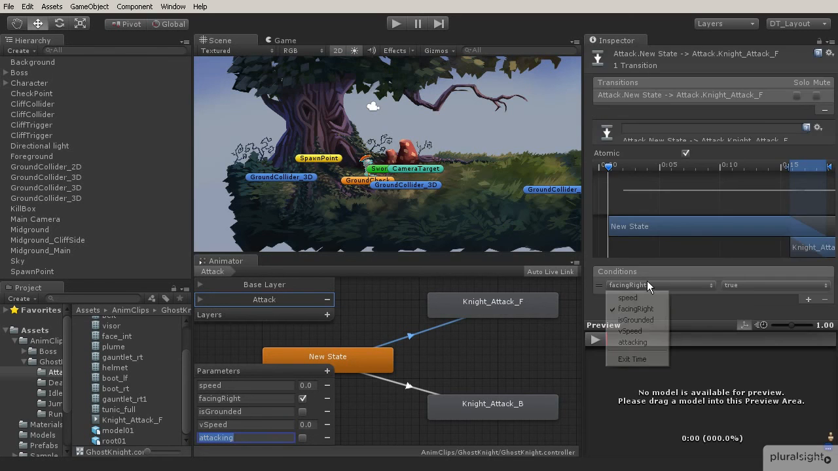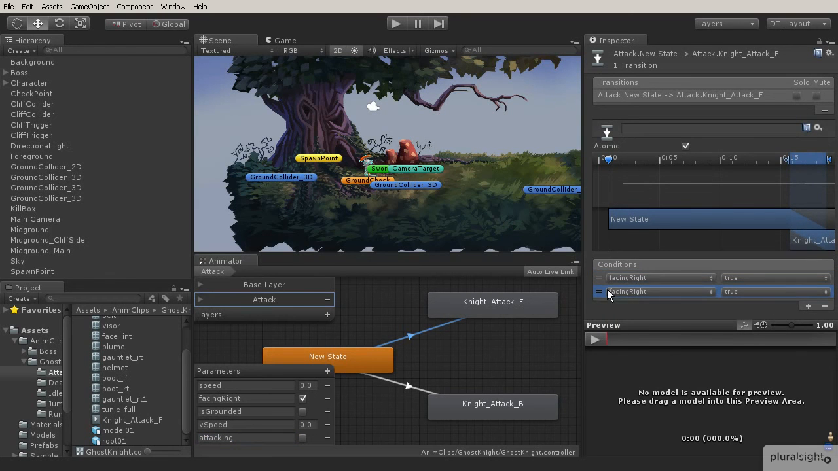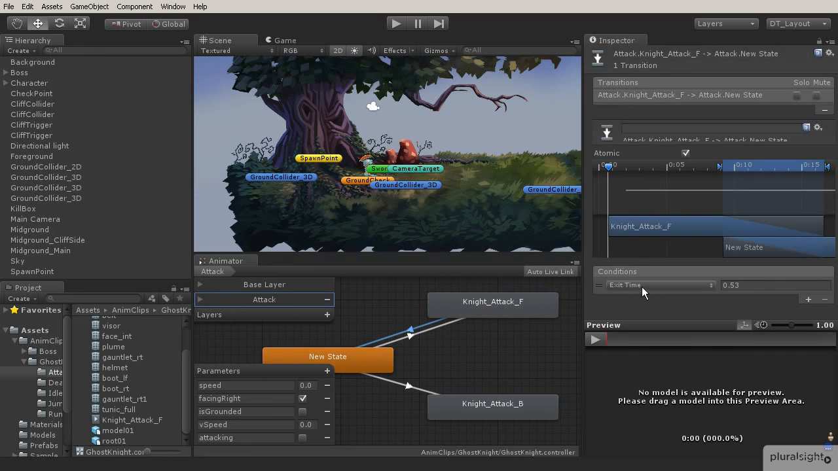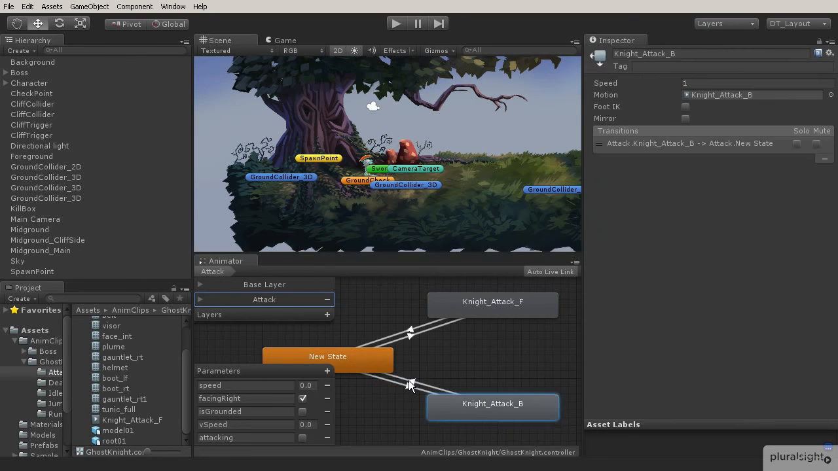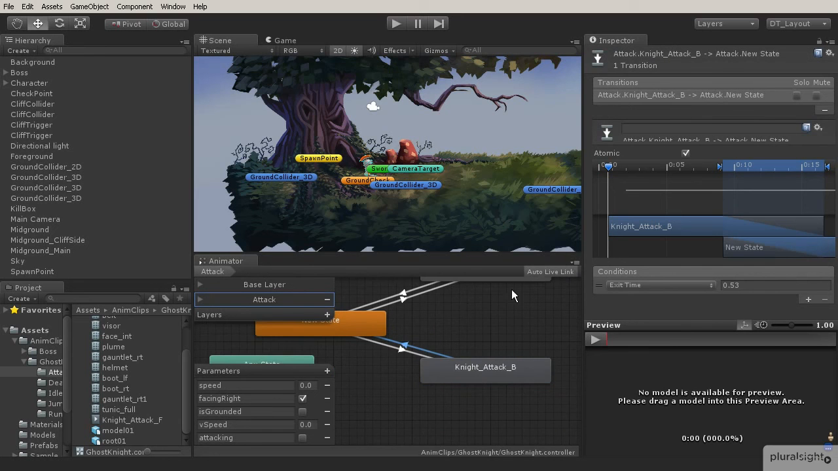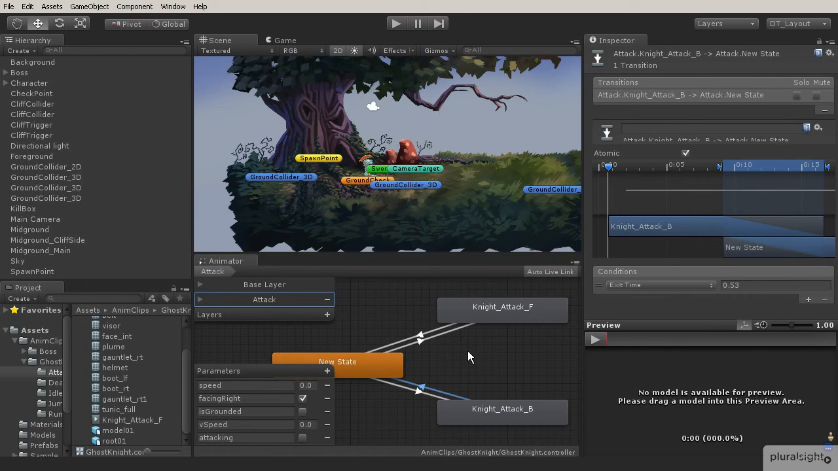So now select that transition, and let's create another condition on this. So add one, and let's call this attacking, and if that trigger is being hit, it's going to go ahead and go to this. Let's make the transition to go back, and let's just leave that set to exit time. Now on this transition, we'll do facing right is false, and then also attacking, and then we'll make a transition back for the exit time. And there we go. So now we have this set up. Now what we want to do in the next lesson is create the script that is going to